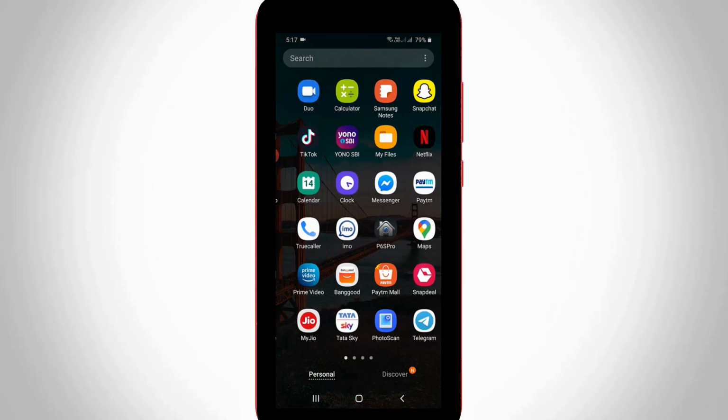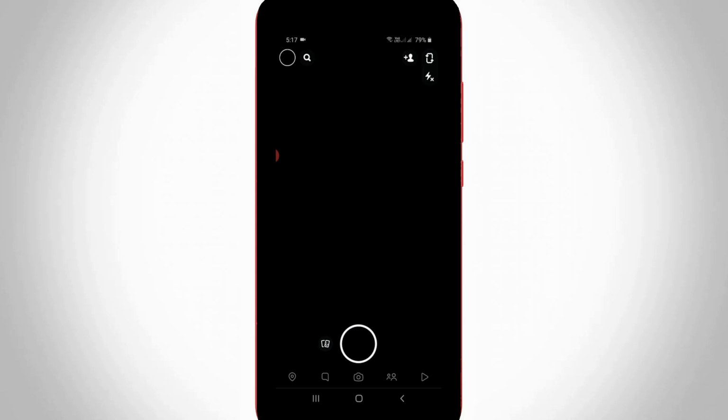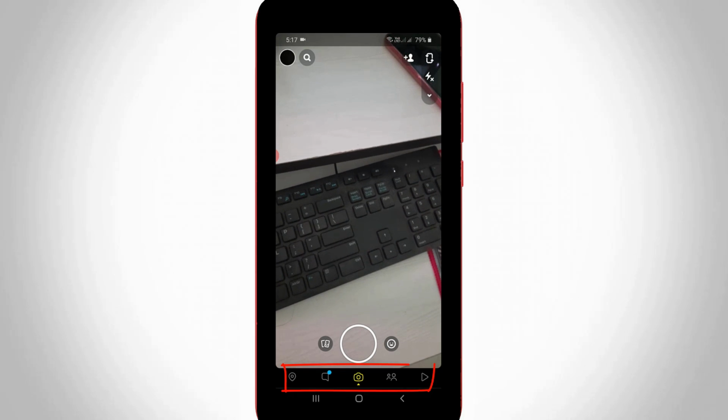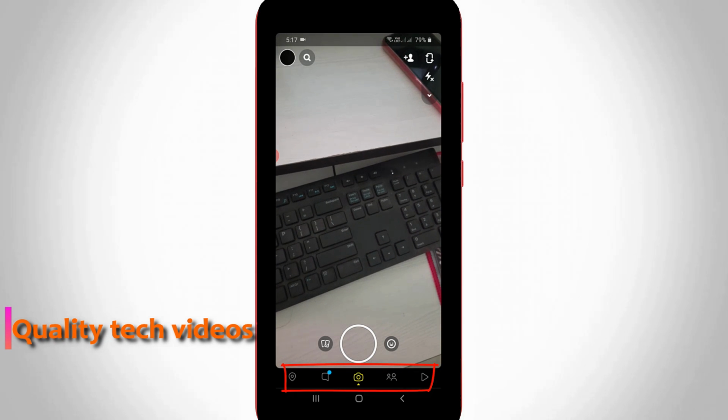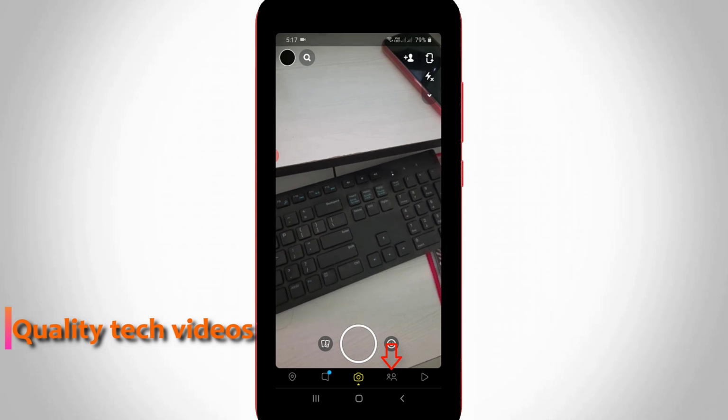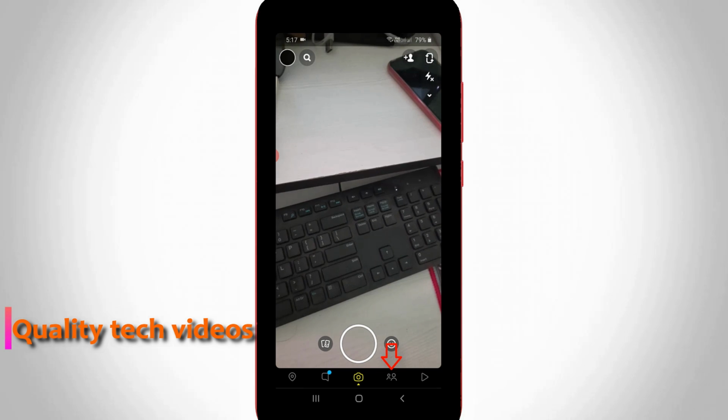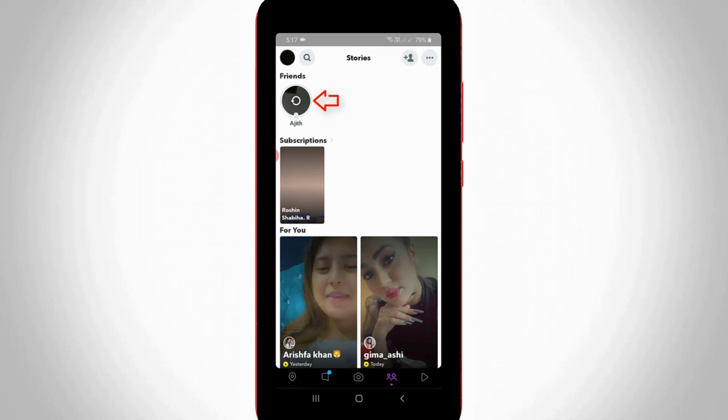So first of all, open your Snapchat application, and then at the bottom it shows some icons. Here you can press the stories icon, the fourth one, and it shows one of my Snapchat friend's private stories. So I decide to leave this private story. So how to do it? By simply long pressing on that story,